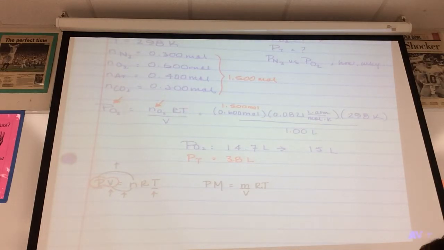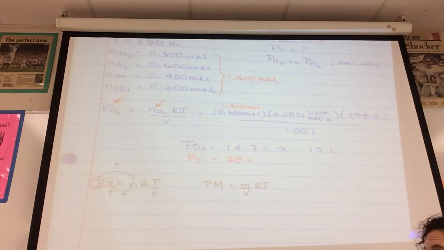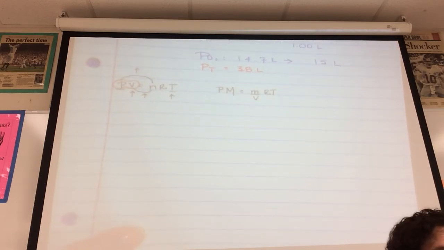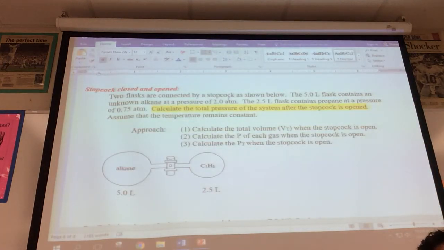The last problem I want to show you is something new. It looks very hard, but you're going to find it extremely easy because you are very good at concepts and even better at math. So the last thing I want to show you is this type of problem, and you'll find a few in your textbook. I recommend them all. It says 2 flasks are connected by a stopcock as shown. When the stopcock is closed,